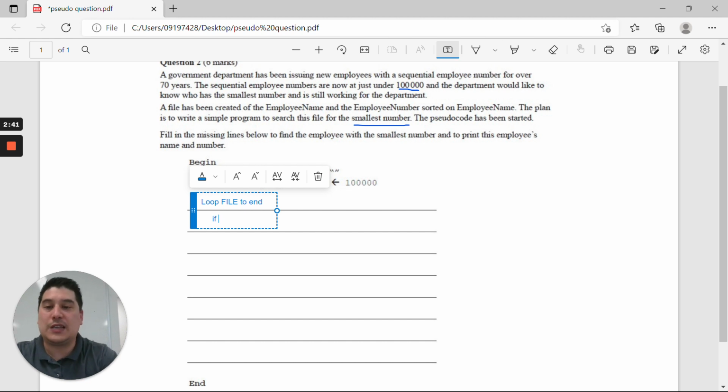the first element in this looped array from the file, so if the first element in this file is still employed or working at the department, it doesn't actually give us that field, but we're going to have to assume that we're checking for that because it says in the first paragraph that it would like to know who has the smallest number and who is still working at the department. So if employee active is equal to true,